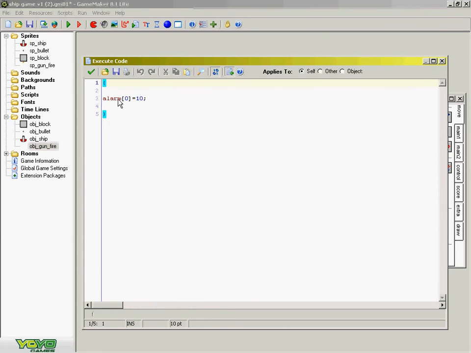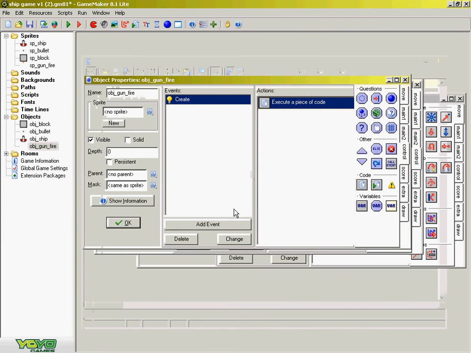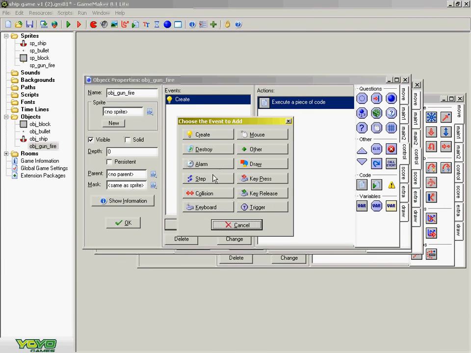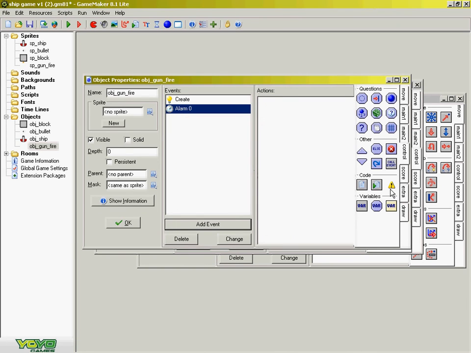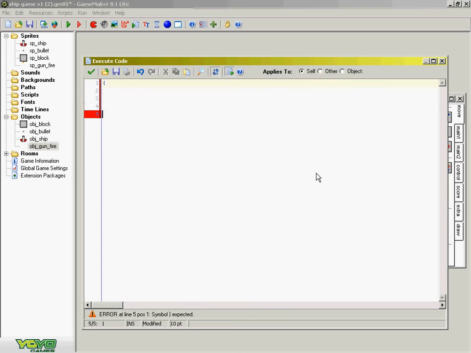Now alarms work similar to what we set over here in our object ship. They will constantly count down. So in 10 steps, your alarm event will trigger. So we'll go add event, go to alarm, and alarm 0. So when alarm 0 triggers, we want to